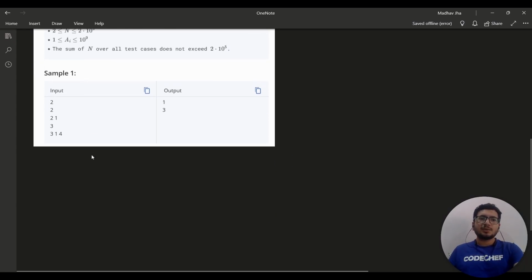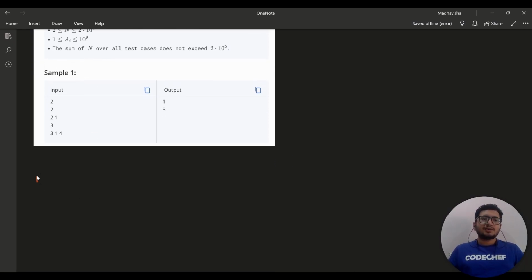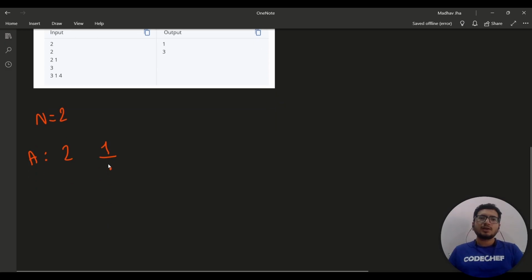So for the first sample input, we have n given to us as 2. It means we have two numbers 1 and 2 to be marked. As for the array A, we have the elements 2 and 1. The first operation will cost us 2 coins and the second operation will cost us a single coin. So let's say we choose to perform the second operation. This will cost us 1 coin, and we can do the prefix type operation,